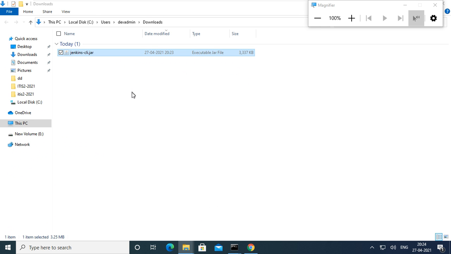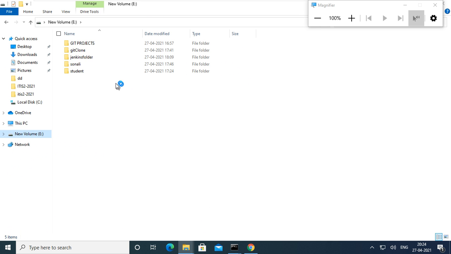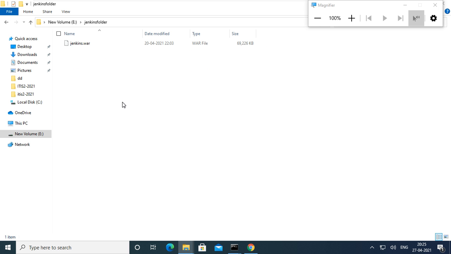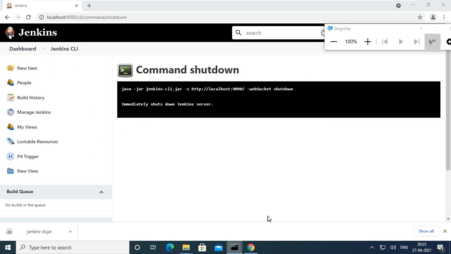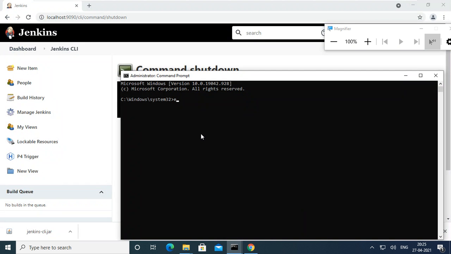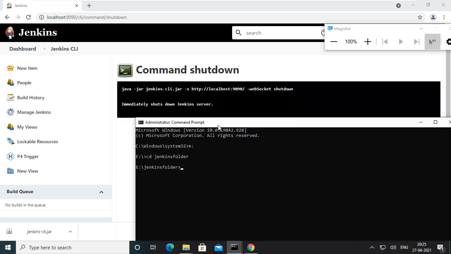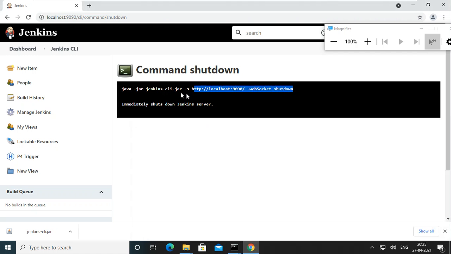It's in downloads, so I'm putting both in the same folder. Now here we try the Jenkins folder. Okay, copy this link.